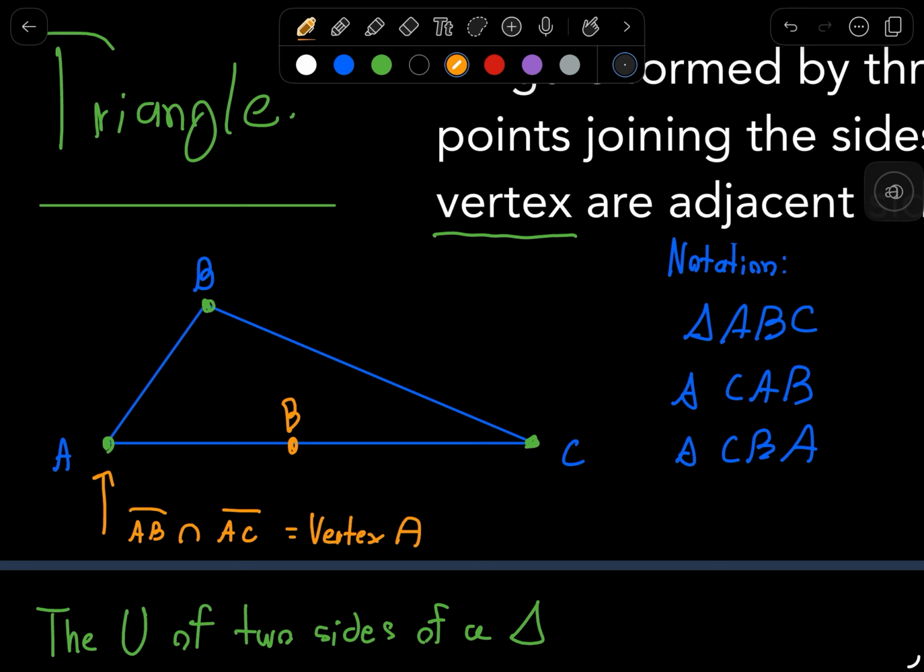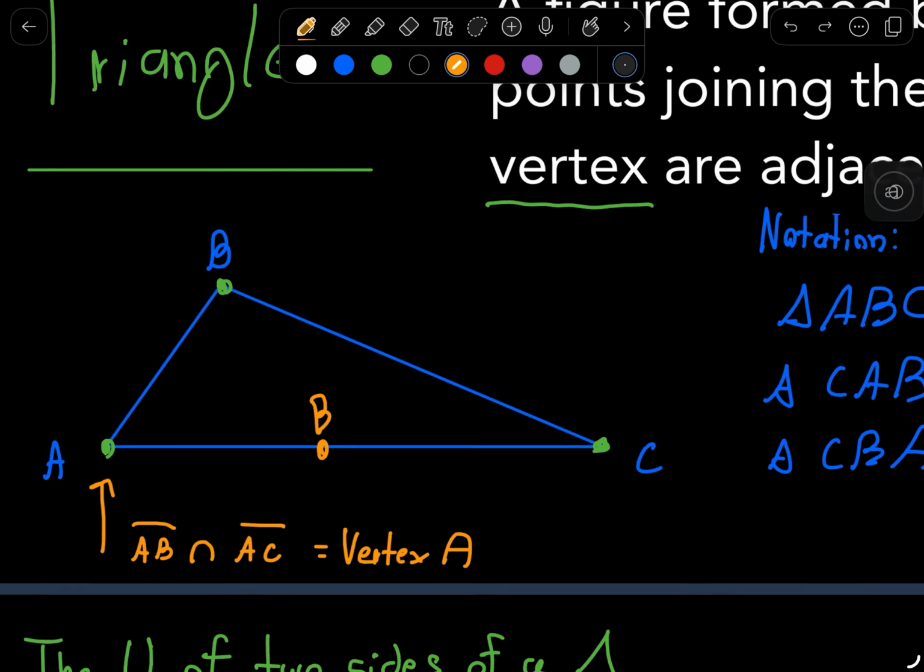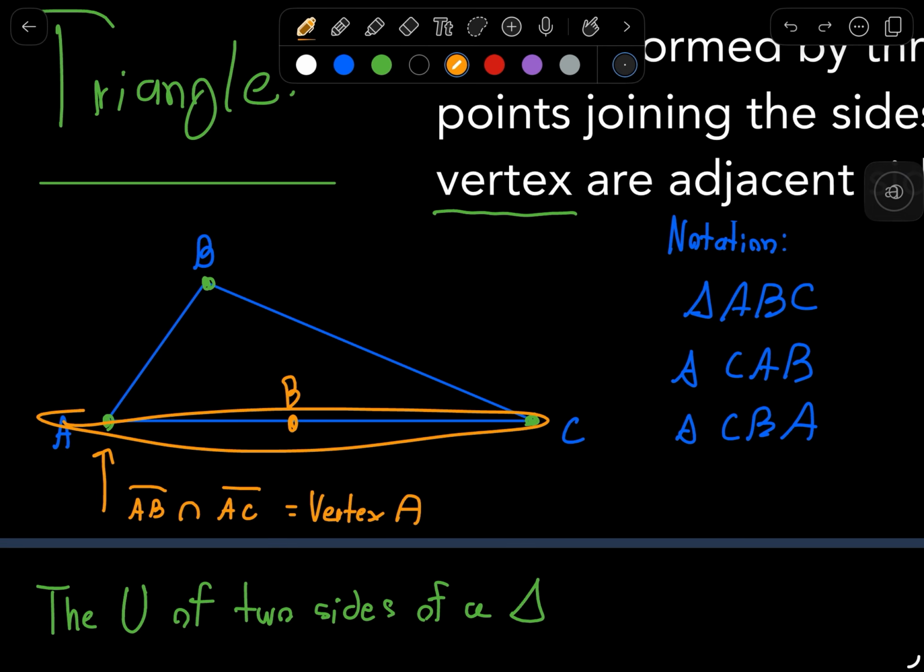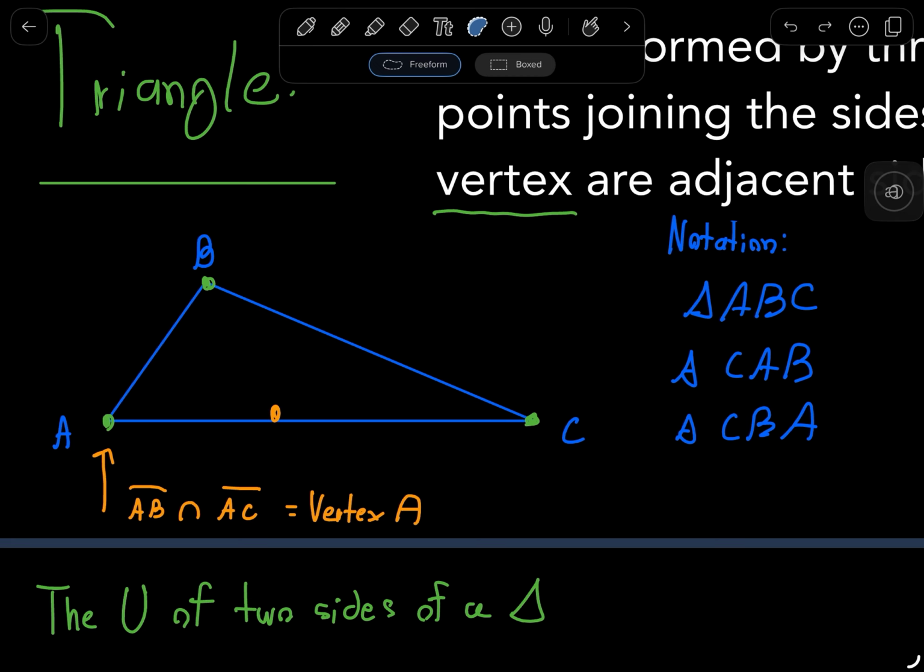If B was collinear with points A and C, you couldn't form a triangle because this would only have this back and forth part. Now, the second you take B and you start raising it up, it gives it another dimension. That only happens when that third point is non-collinear, and that's how you form a triangle. So again, a triangle is formed by connecting three non-collinear points,